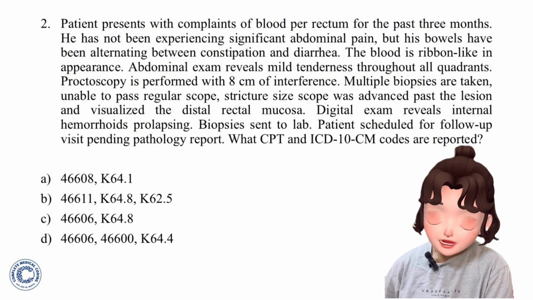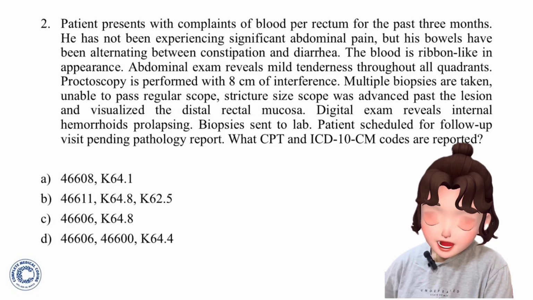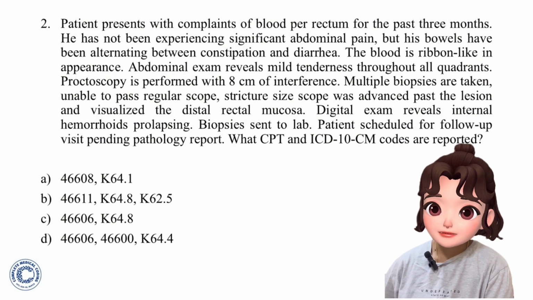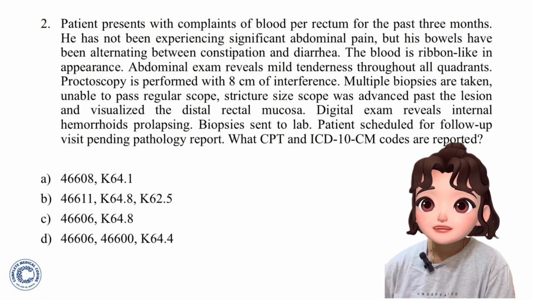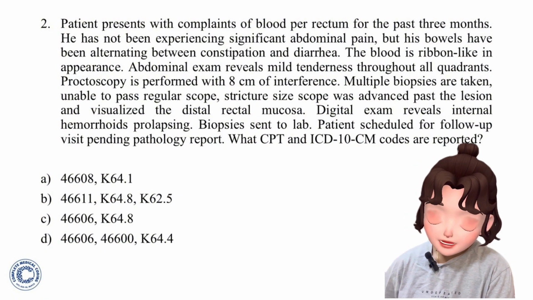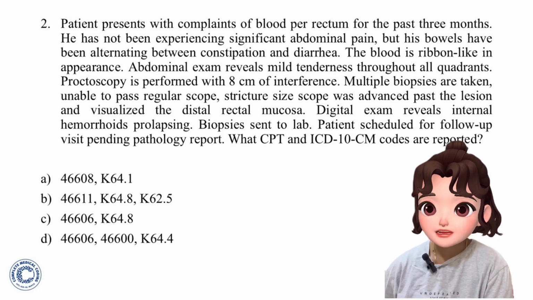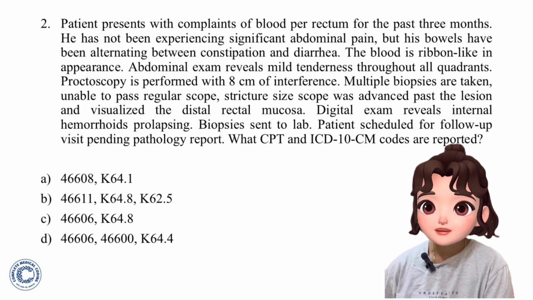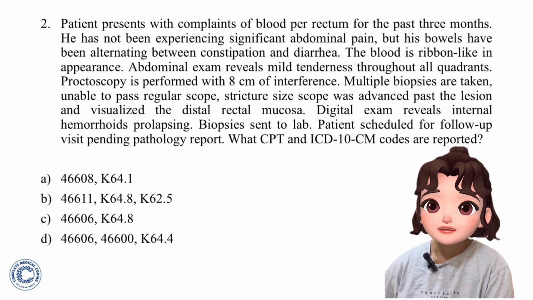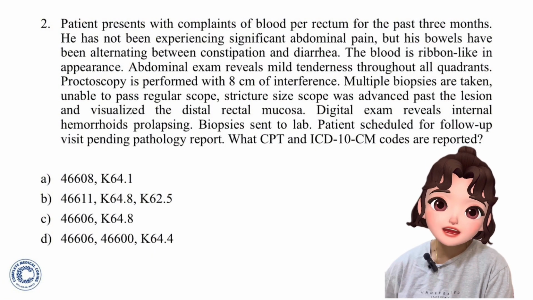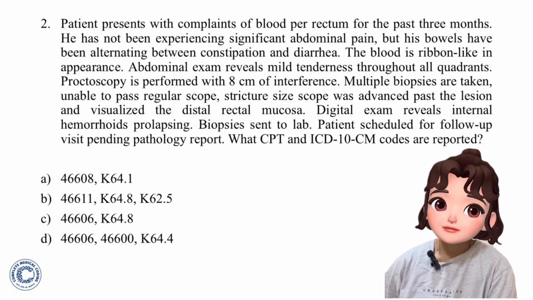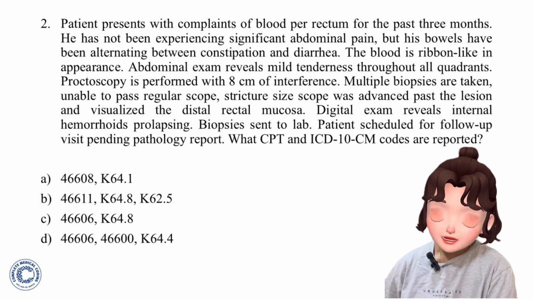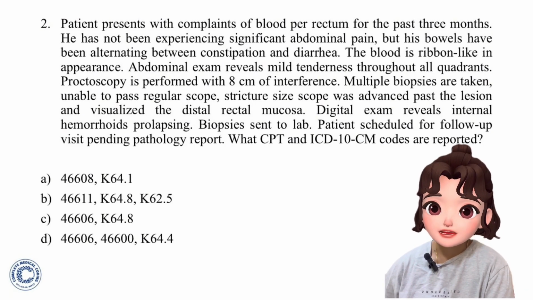Option C, 46606. Anoscopy with biopsy, single or multiple. Yes, we need that code. This is with biopsy, single or multiple anoscopy, whatever it is. Because here, I think, multiple biopsies are taken. In the question, it's mentioned. Multiple biopsies are taken. So, single or multiple biopsy, whatever it is, that is the code which we need,